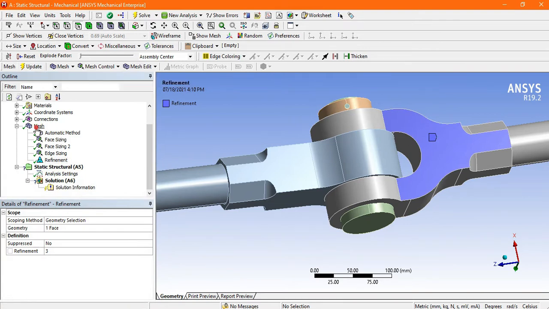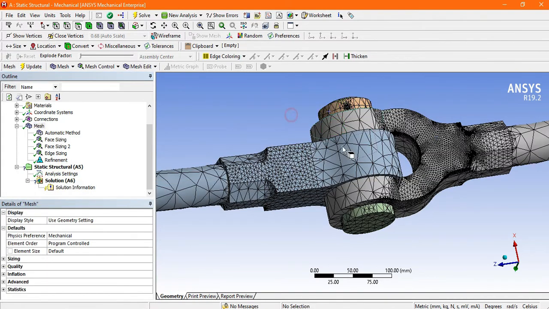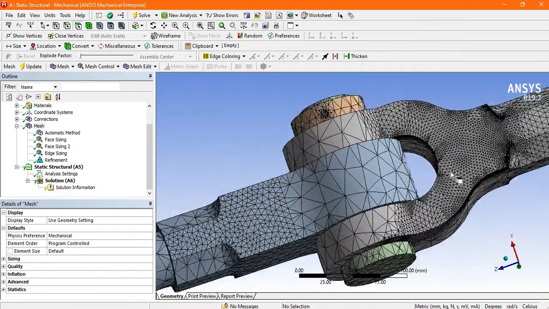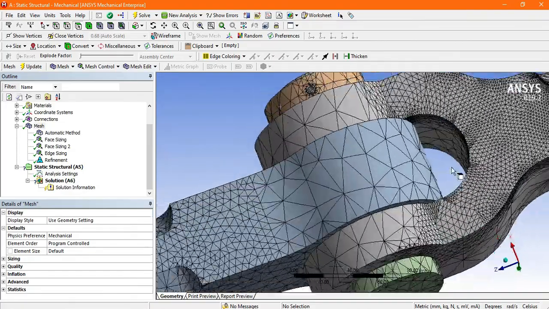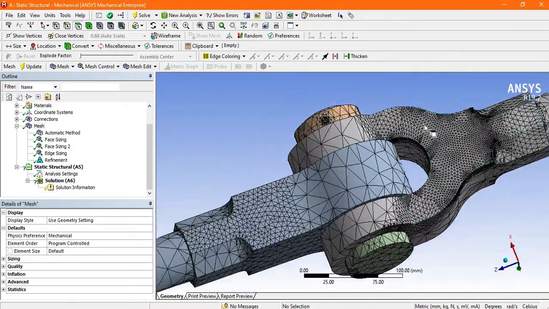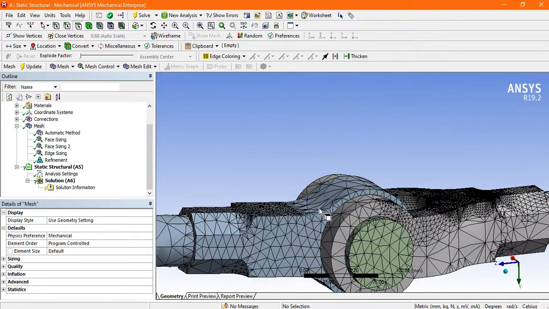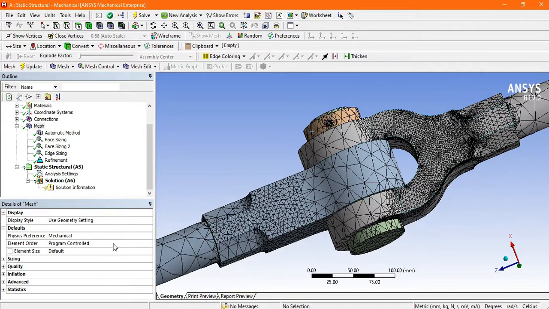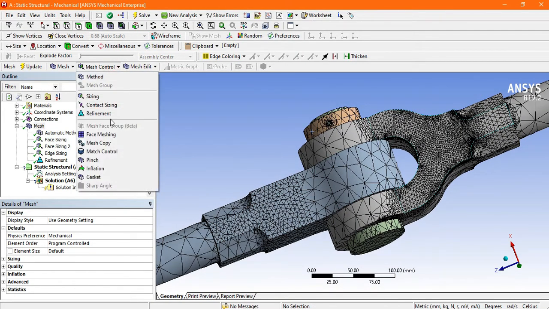Now go to mesh. Now look, it is very, very dense compared to this face or this face. So like this you can choose the refinement.